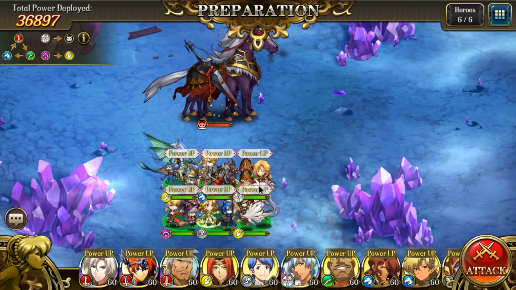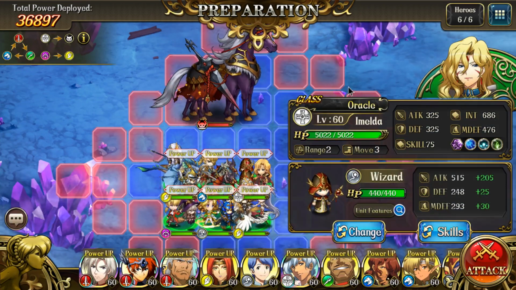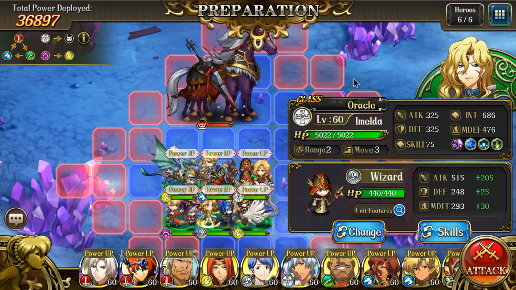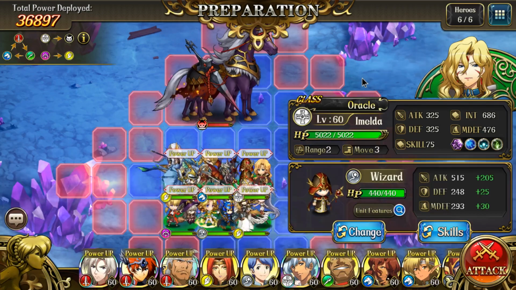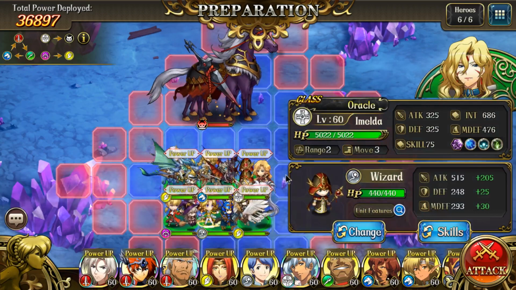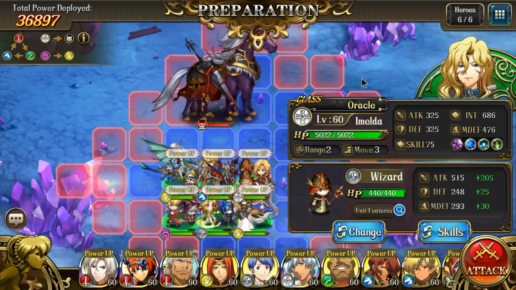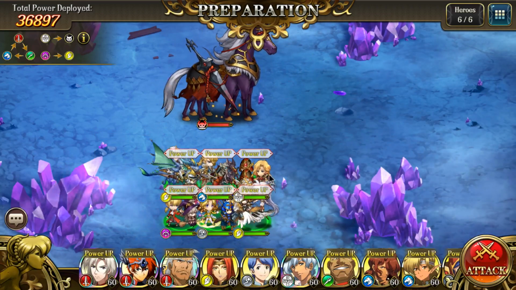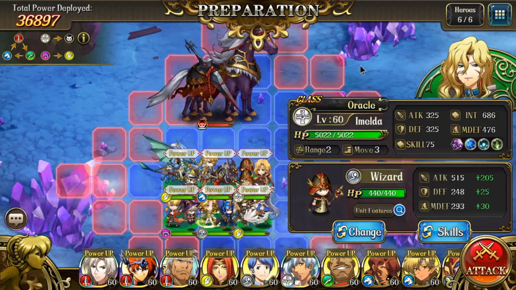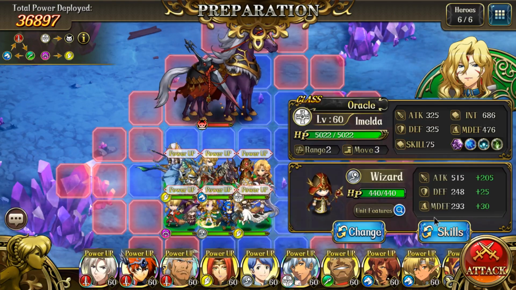Okay, finally, Imelda. So my Imelda is completely maxed because she's one of my main heroes for PvP. She is in her Holy class because she can use Gift of Eternal Life, which lets her heal herself after attacking. And that's very important because she takes a lot of damage when she attacks, but she will survive if you max the Holy Light Protection